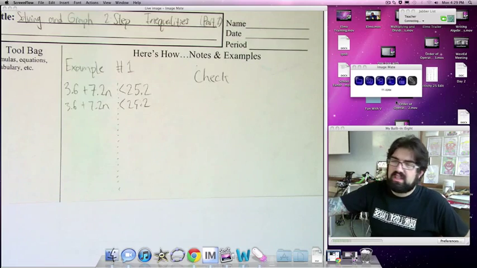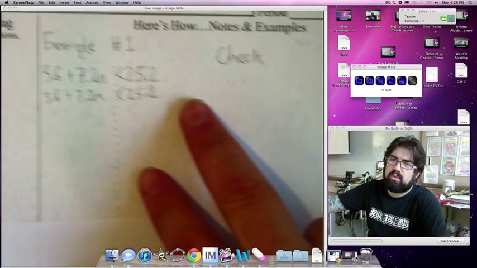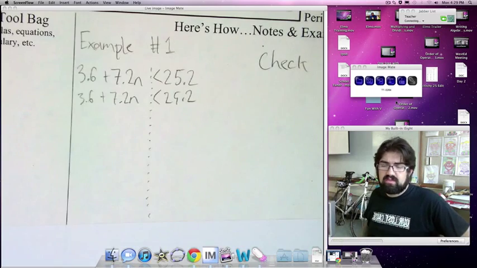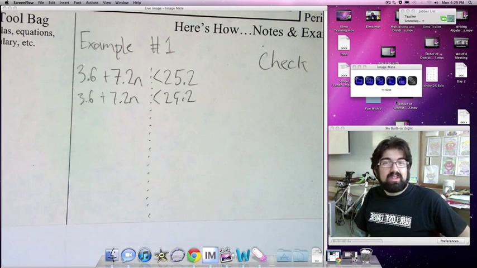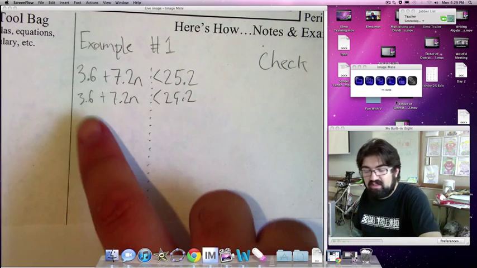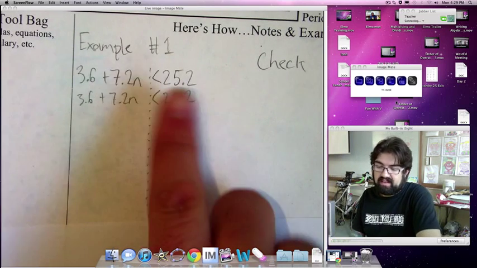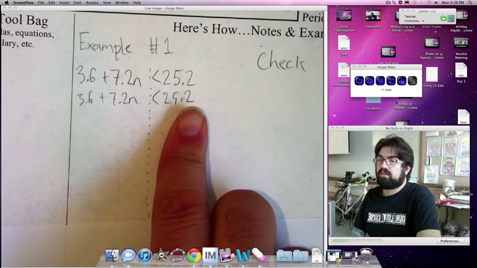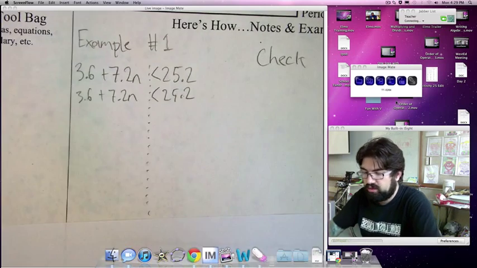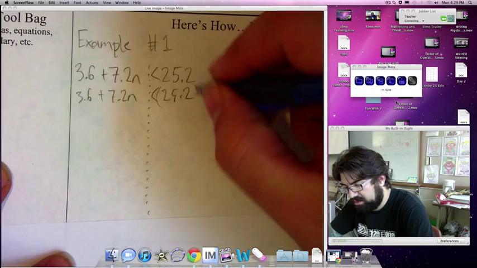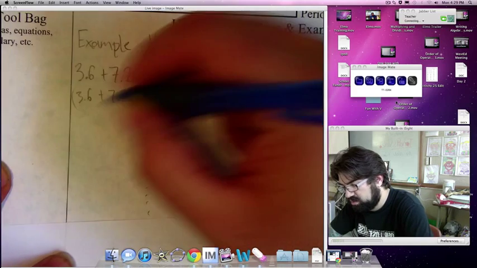Think back to when we were working with decimals and equations. I could clear the decimal. If I times this by 10 and this by 10, those will turn into whole numbers. And if I times this by 10, it will turn into a whole number also. So if I multiply everybody by 10, I'm going to times this one by 10 and times this one by 10,